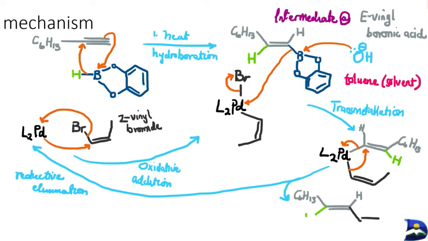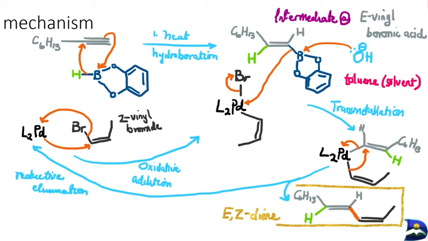configuration. So therefore, we have a hydrogen positioned in the same direction as the other segment, which is a vinyl, but in here our vinyl is Z, and in terms of the regioselectivity, we have the combination of our E and our Z, which are separated by that sigma bond right there. Therefore, we have our EZ diene that is created due to the process of our specific Suzuki coupling reaction, where